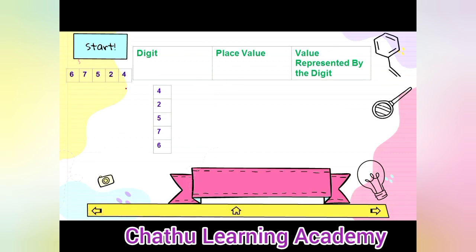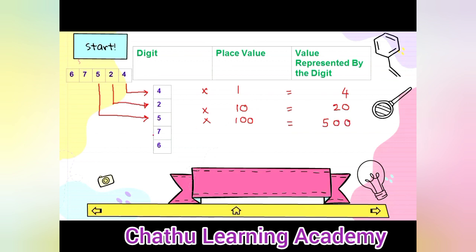Here I will explain. 4. 4 is in ones place. Then place value is 1. Value represented by the digit 4 into 1 is equal 4. Then 2. 2 is in tens place. Here place value 10. 2 into 10, 20. 5. 5 is in hundreds place. Then place value is equal 100. The value represented by the digit 5 into 100,